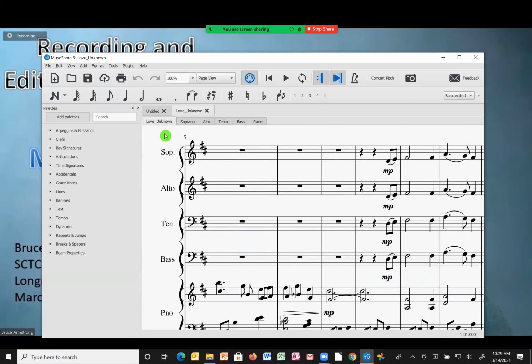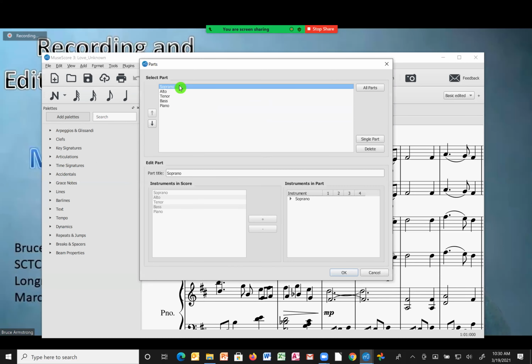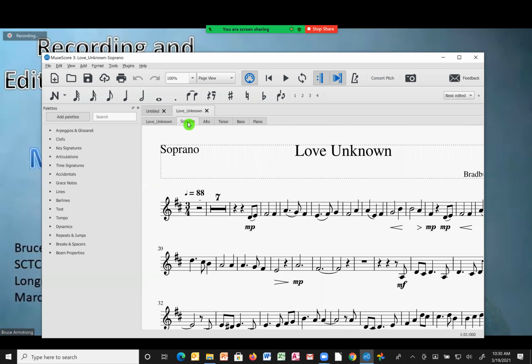Now, at the top here I've got the soprano, alto, tenor, bass, and piano. I got that by going to the file selection up here in the upper left-hand corner, and I chose parts, and you pick which part you want, like soprano, and I say okay, and it will automatically put it up here. So now that I've got the parts created, I can go to a part, and the normal thing is if you want to